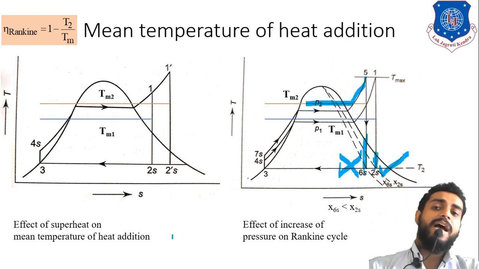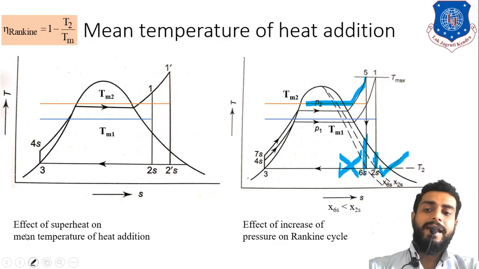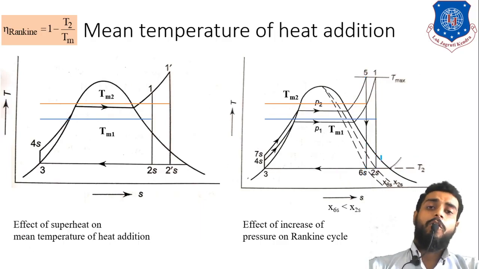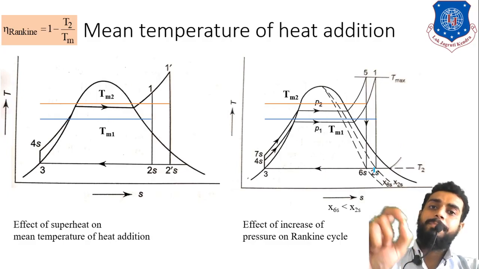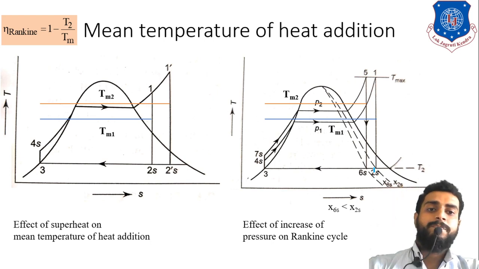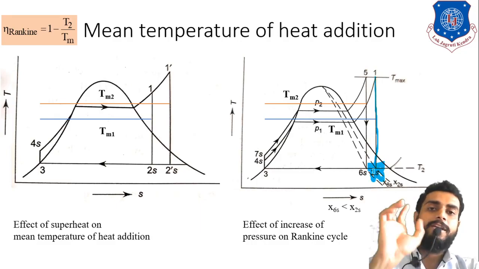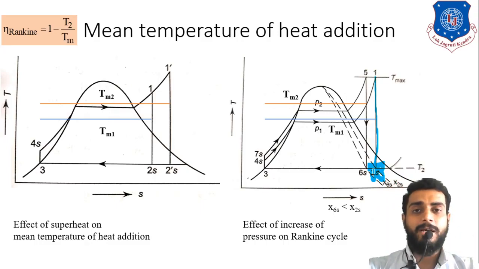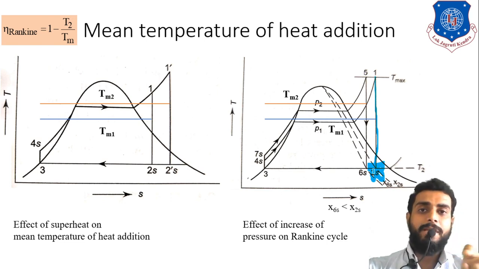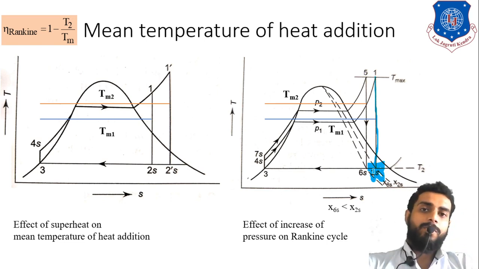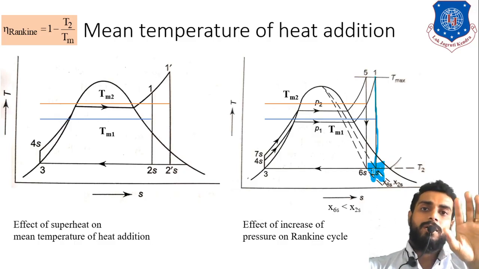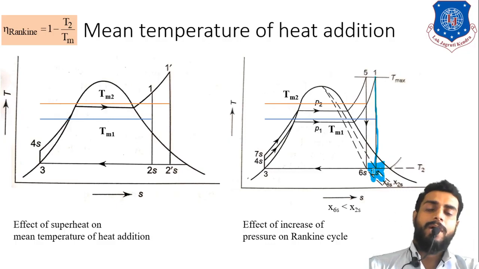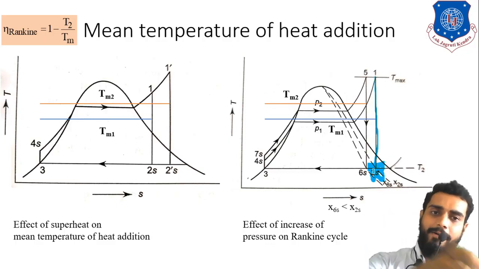So that is why regulations are made that the dryness fraction of the steam shall not fall below 0.85. That means if you are expanding in the turbine, then at this point, the dryness fraction shall not fall below 0.85. That is the worldwide acceptance, that if you are designing any power plant system including boiler and turbine, then you shall manage such that at the outlet of the turbine your steam shall have a dryness fraction greater than 0.85. I hope you understand that, right? Sir, why is it so? Because I have explained to you, right?